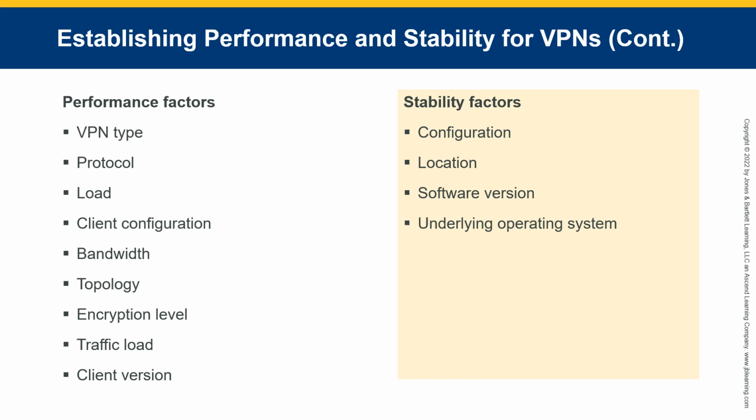Are we going to have some on the shelf that we can plug in if needed in case one of them goes down? What software version of the VPN are we going to use? And how often are we going to look to update it and keep it patched? And then are we going to look at the underlying operating system? Is it going to be a Windows OS kernel based out there? Or is it going to be a Linux-based kernel or BSD-based kernel? Or is it going to be a proprietary appliance-based kernel? These are a number of things you have to look at to understand